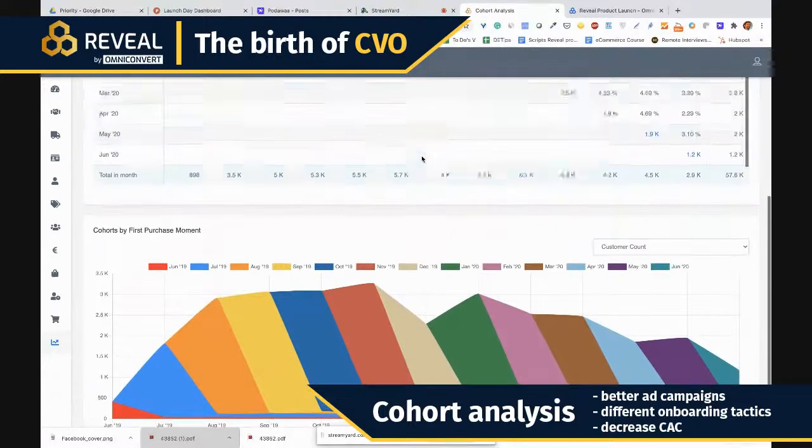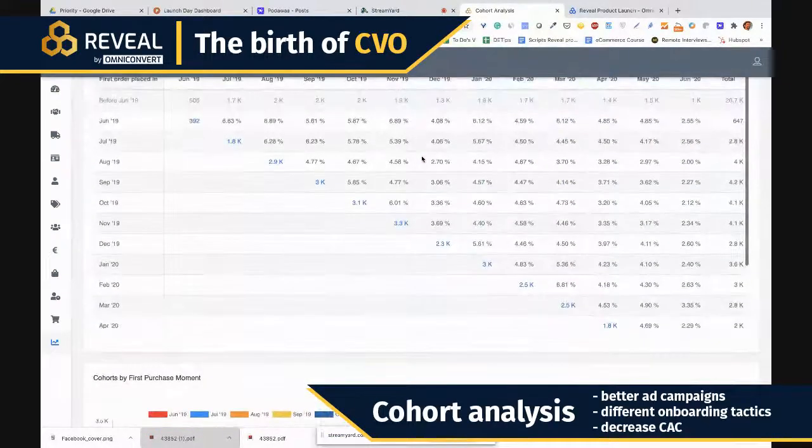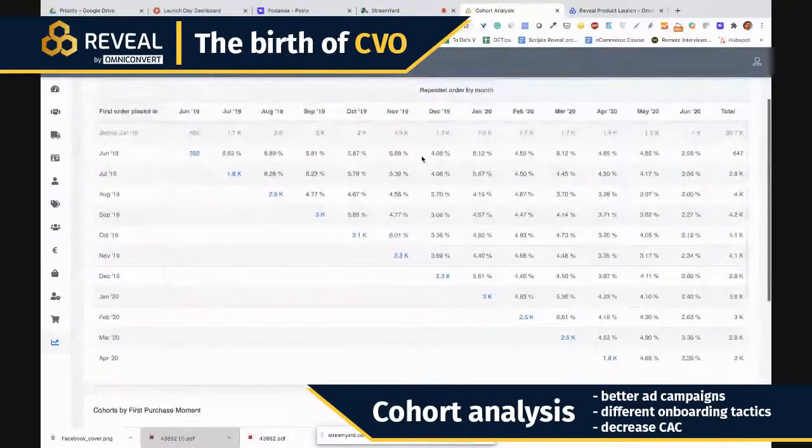The beauty of cohort analysis is that it's really actionable. So you'll be able to decrease the customer acquisition cost by understanding which campaigns are going well or not. You'll be able to also craft different onboarding treatments for your customers, so that you can understand, okay,